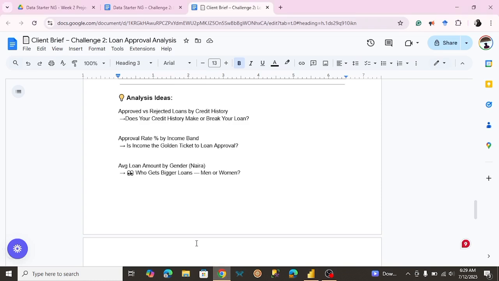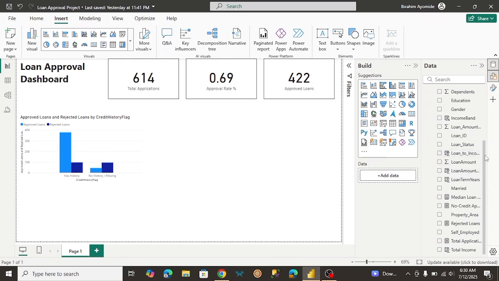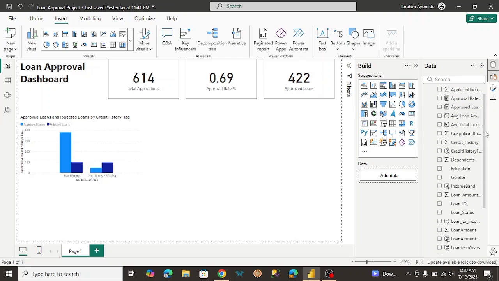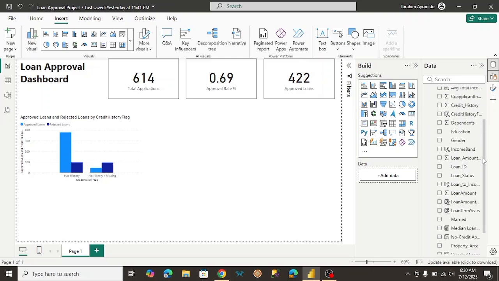All right, so another question we can answer is: is income the golden ticket to loan approval? So this basically just means, does your income have to be high to get your loan approved? So we want to know, how likely are you to get your loan approved if your income is low, right? So let's try to answer this one. And for that, we're going to need the income band column. And of course, we're also going to need the approved loans and rejected loans. And for this one, we can also use